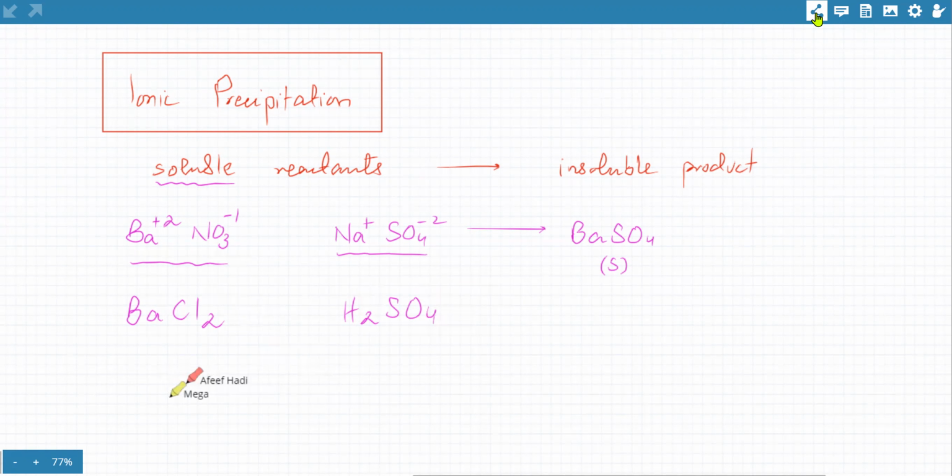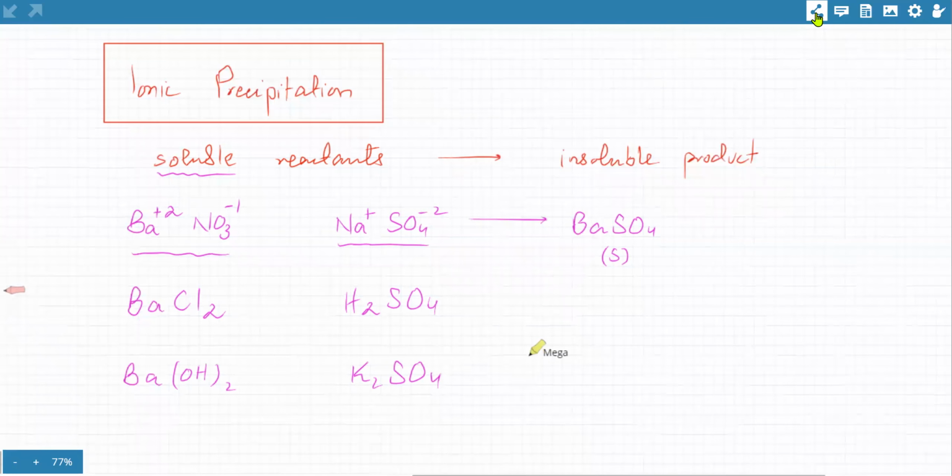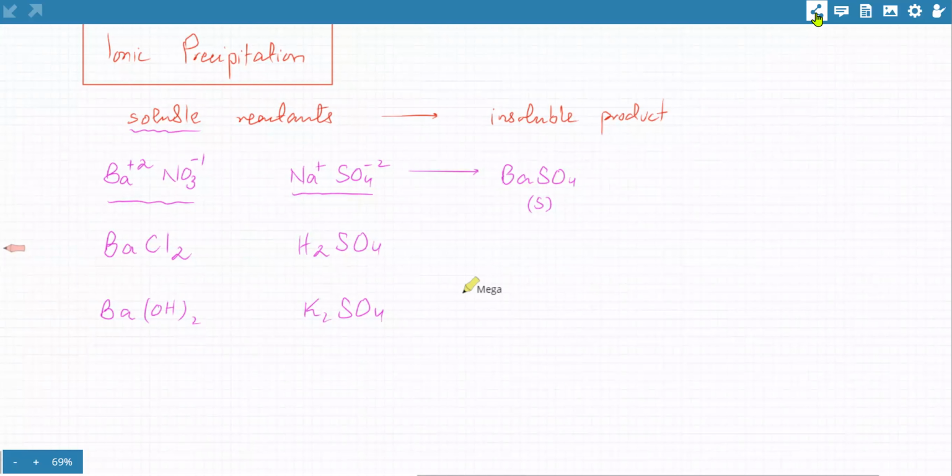So pretty much anything. What are the barium compounds? Barium hydroxide is soluble, right? The other one, sulfate: potassium sulfate is soluble, right? So that's the idea. If you want to make an insoluble salt or compound, an insoluble ionic product, think of one of the ions coming from one of the compounds, the other ion coming from the other compound, and the condition is that they must be soluble. So I'm going to pick this first reaction first,